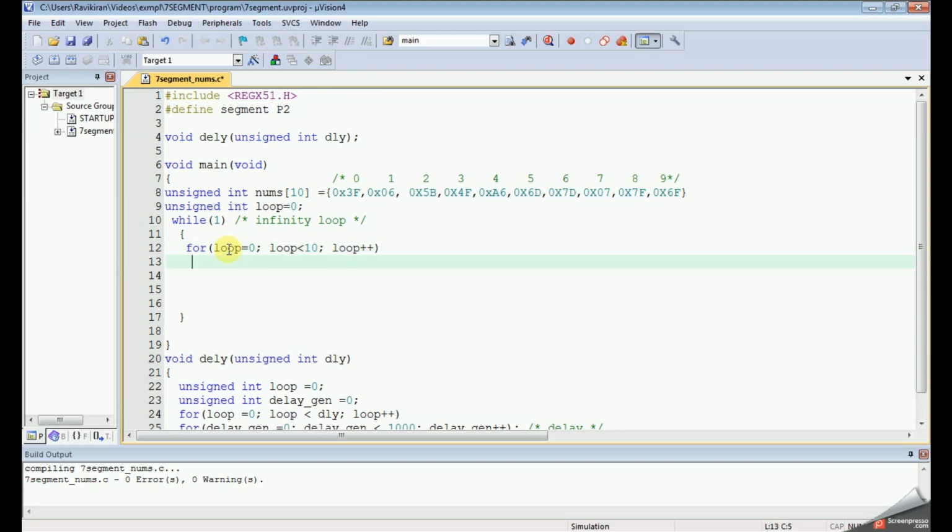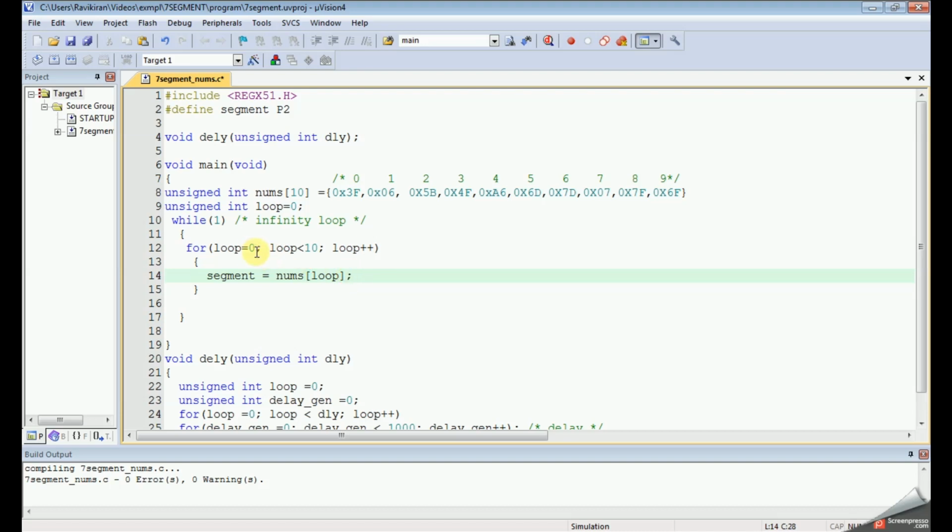I have to repeat 10 times since there are a total of 10 numbers. So there is a simple code like segment equal to number of this loop.